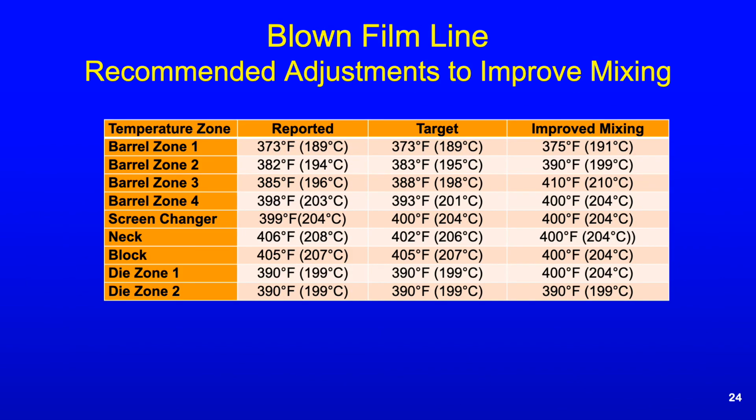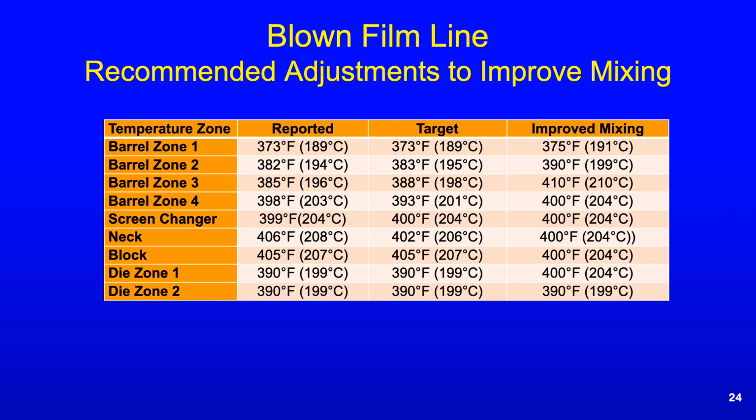So take a look. This is what the indicators were saying. This is what it was set for. You can see how they drop it over here, which is a no-no because especially in a bottom-fed die, what it does is it chills the bottom of the die, which causes more of a spiked gauge